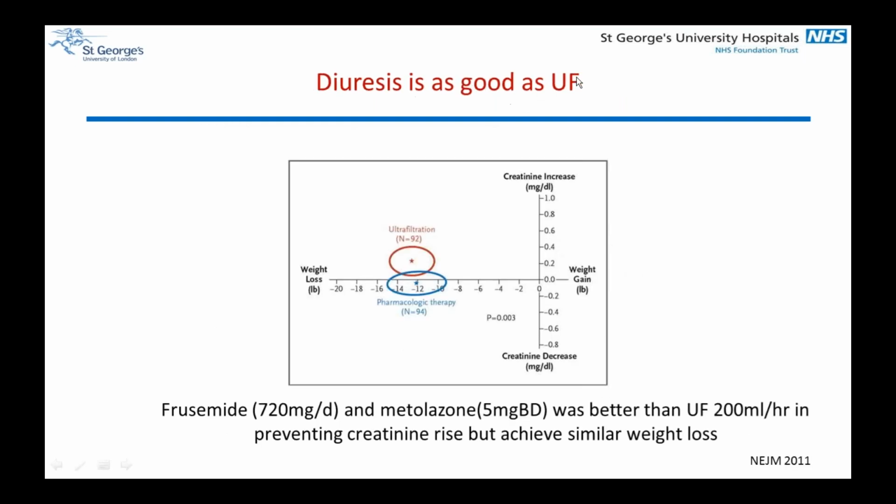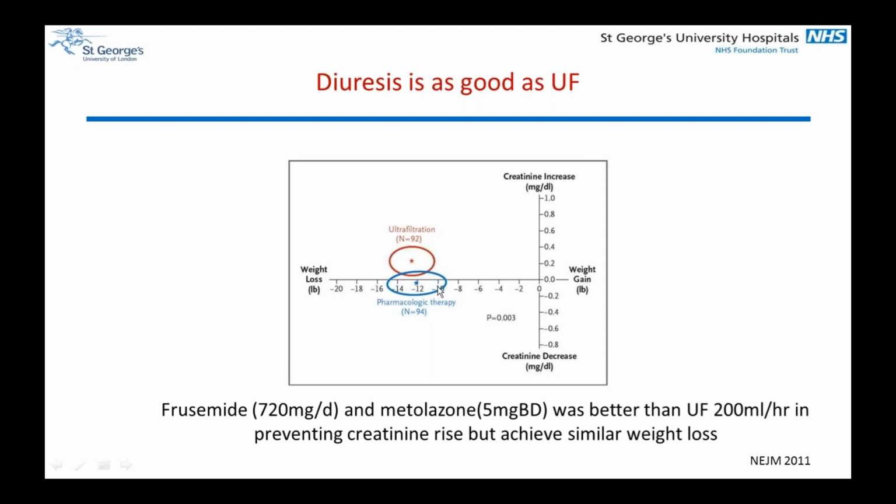Now, we as renal doctors are used to ultrafiltration, using ultrafiltration machines either in ICU or outside the ICU. But there was a trial which looked at maximum dose diuretic therapy as opposed to ultrafiltration in patients with chronic kidney disease, in preventing kidney failure and weight loss. You can see the weight loss is very similar in patients with diuretic therapy, which is in green, as opposed to ultrafiltration. But the creatinine rise, which we saw with the ultrafiltration patients, was not there in patients who received